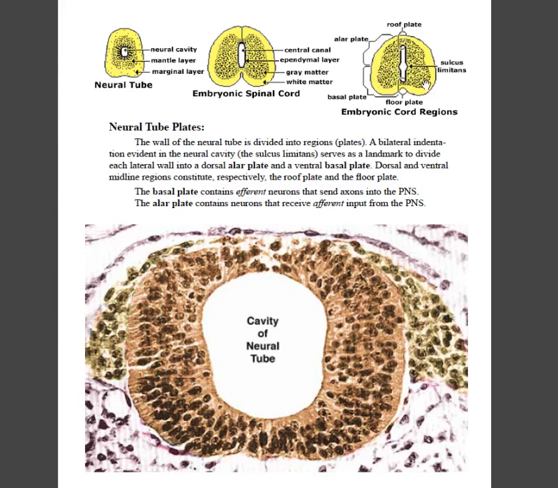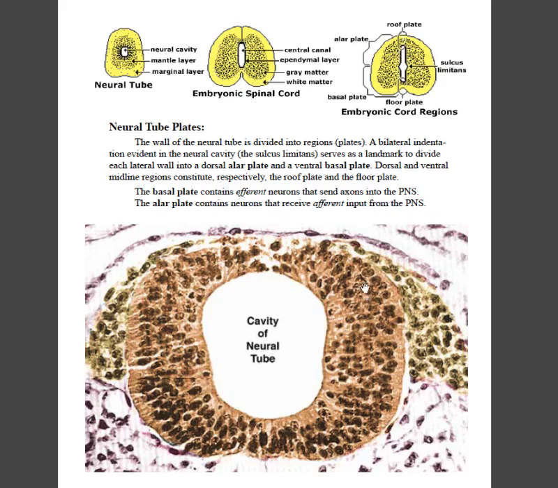That happens bilaterally, and then the two basal plates are connected by a floor plate, and the two alar plates are connected by a roof plate. The basal plate will be the source of efferent neurons that send their axons out into the peripheral nervous system, and the alar plate will be the destination of afferent neurons from the peripheral nervous system, which enter the central